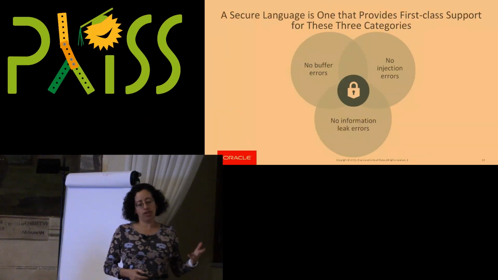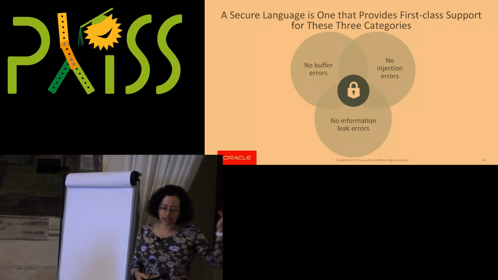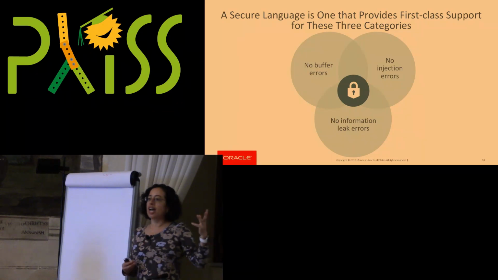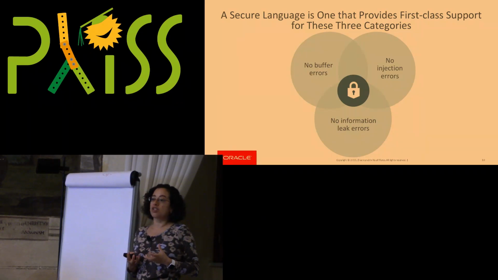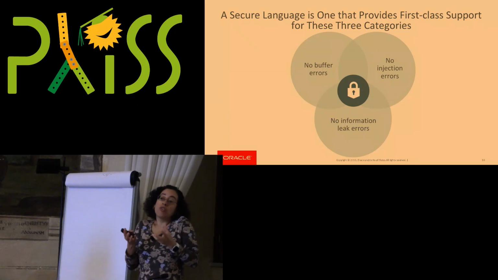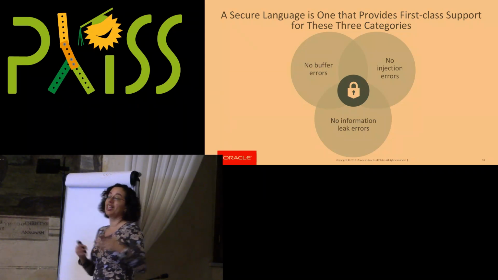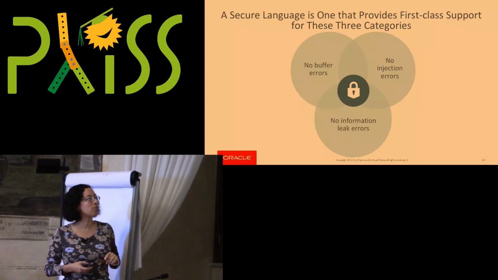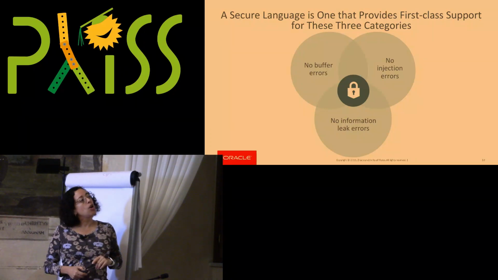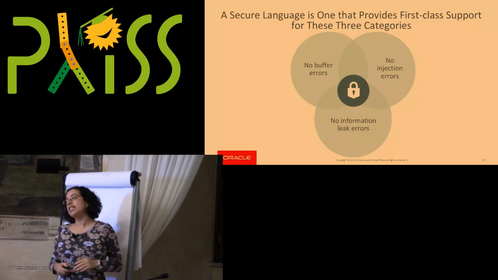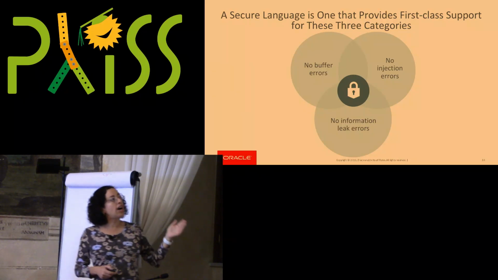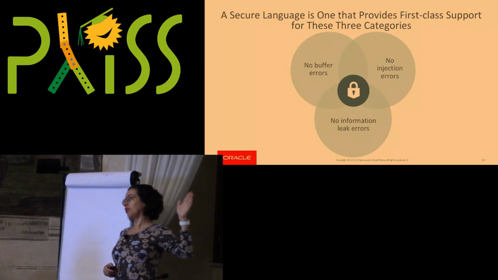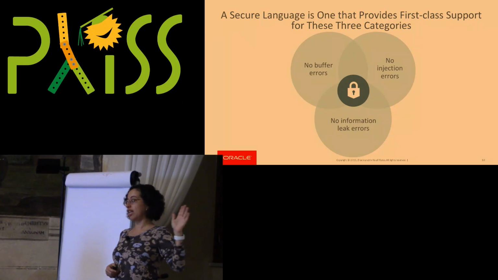So our definition of a secure language is such that we're taking into account these three different classes of vulnerabilities, right? Whichever vulnerabilities are the common ones today. Top three, 50% of all of the issues that are being exploited worldwide. And what we're arguing is that a secure language ought to provide first-class support for avoiding these types of issues.